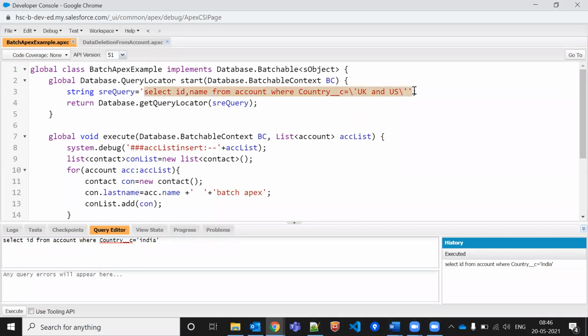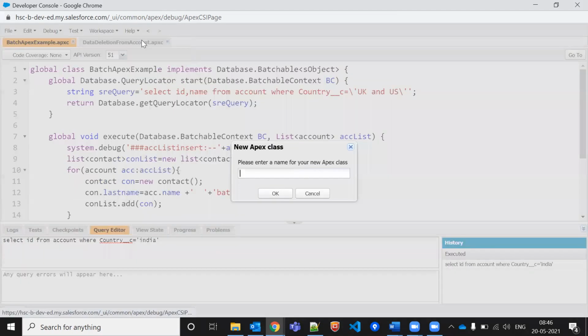Skipping that thing, as I told you. So we'll run the batch Apex from the UI side, right? That is immediate and time based. So we'll do one thing. Let me create some of the Scheduler. Yeah, we'll call the scheduler as well.